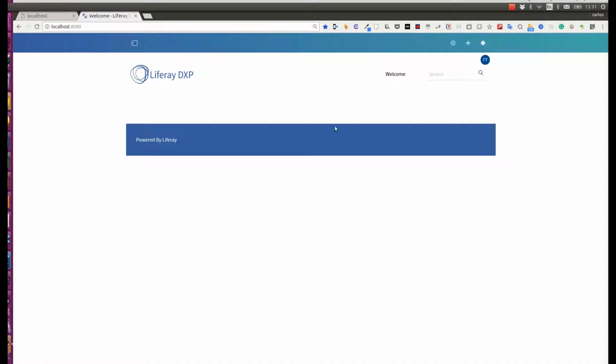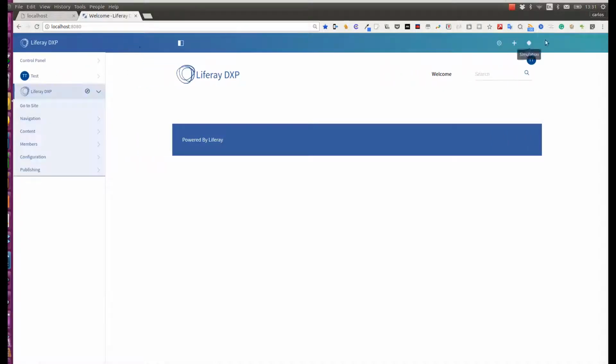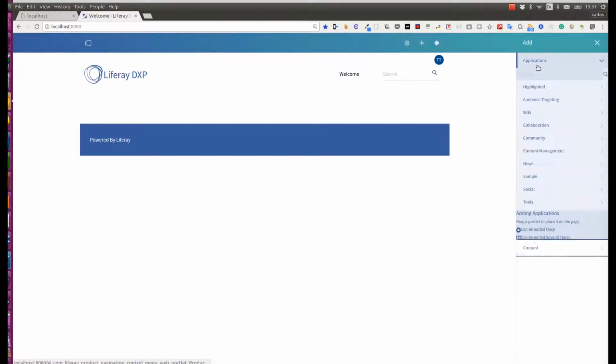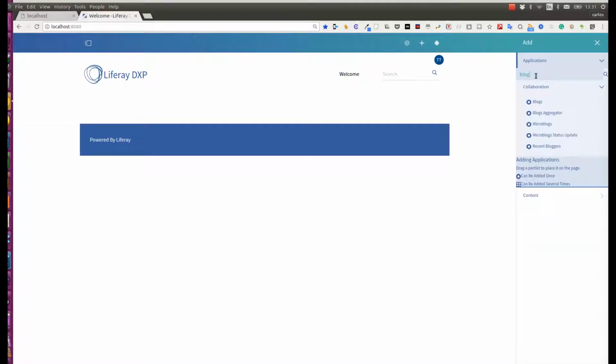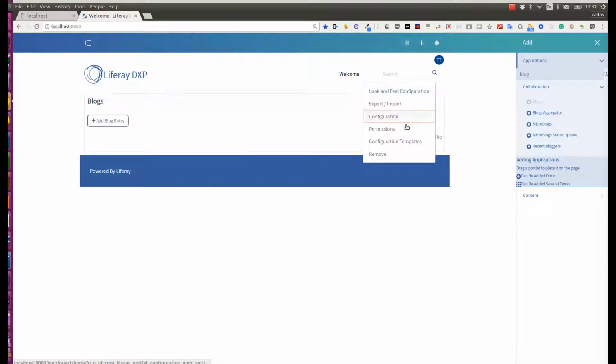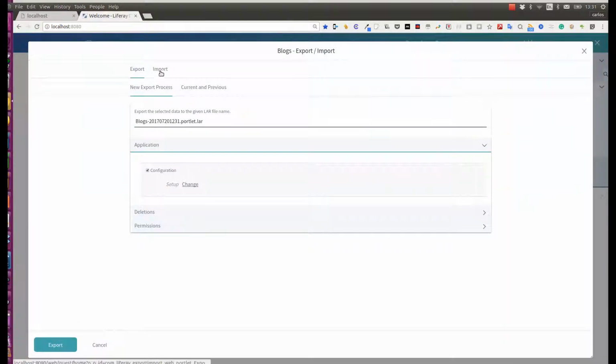Liferay is going to access external services written by me in Python, which are at the same time also accessing Liferay remote services and database. I'm going to add a blog right now. And the third thing I want to show is that these things actually work and they are easy to do. Okay, the blog has been added, and I'm going to import